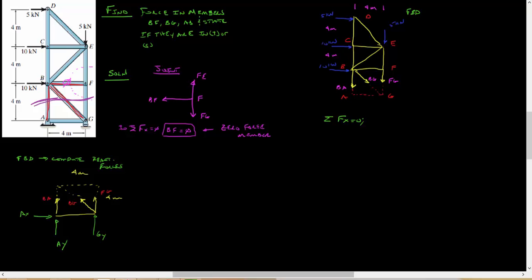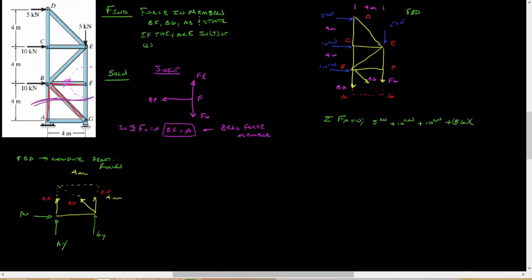Sum my forces in the x. I've got 5 kilonewtons plus 10 kilonewtons plus 10 kilonewtons. Those are all my x direction here. And then I have BG. Let's see, is that going to be positive or negative? I have it drawn as positive, so I'm going to say plus BG